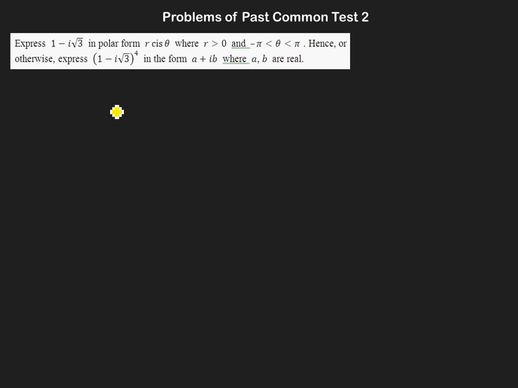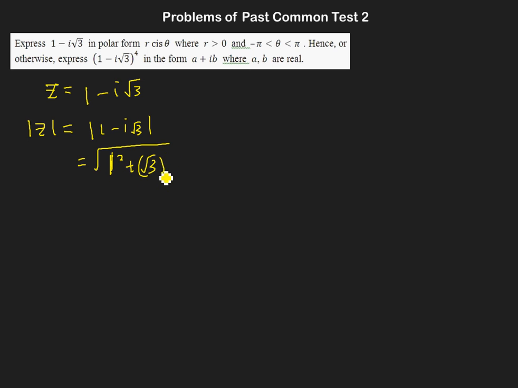Okay, this is a very straightforward question. Let's tackle the first part. Start with this. We let z be this and get its modulus. Square, and you should get 2, and then you calculate its